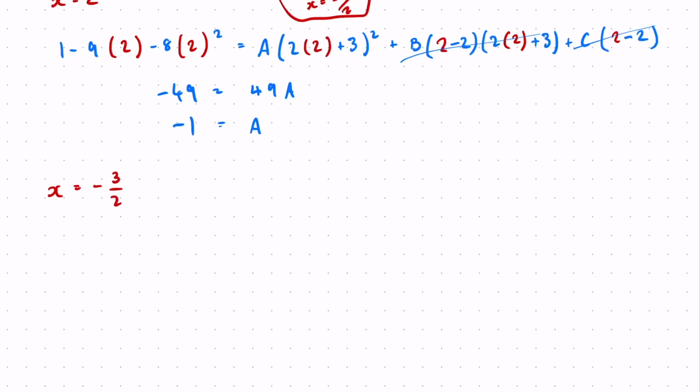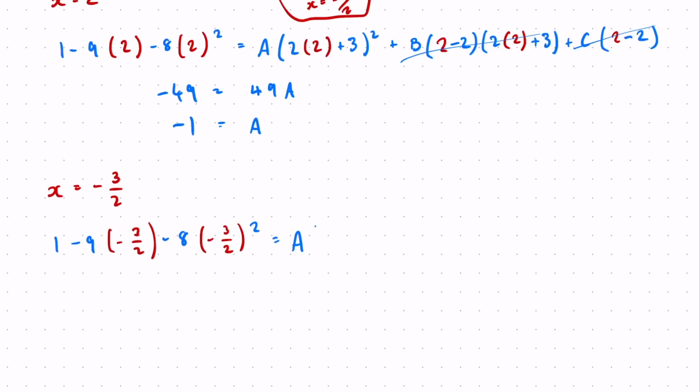When substituted into the equation, that's going to give me 1 minus 9 lots of minus 3 over 2 minus 8 lots of minus 3 over 2 squared, which is equal to